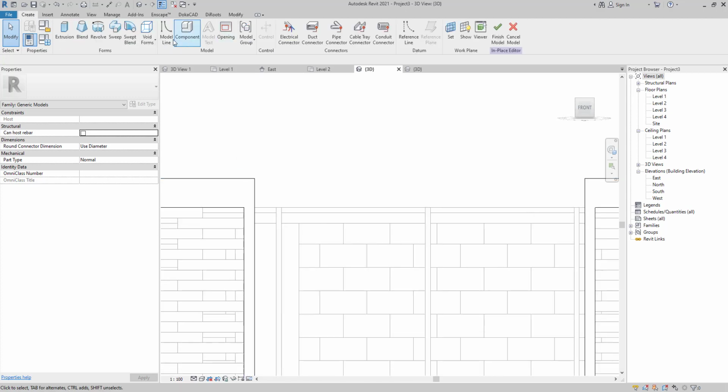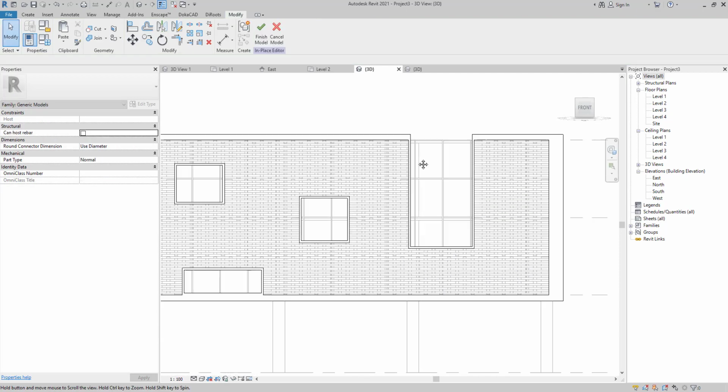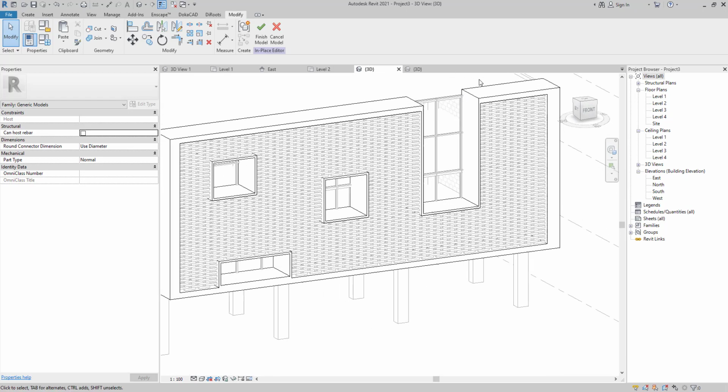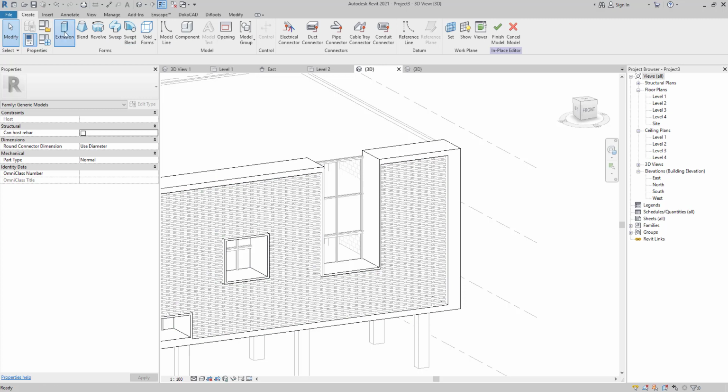So I'm just going to check if these two are reaching each other. Yes. So this is going to be our facade and we can create, for example, one parameter here